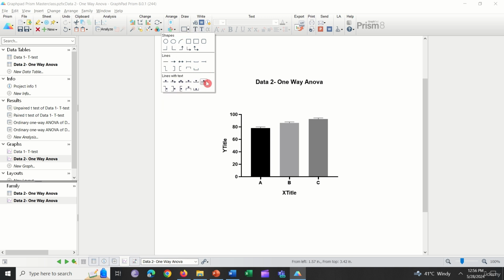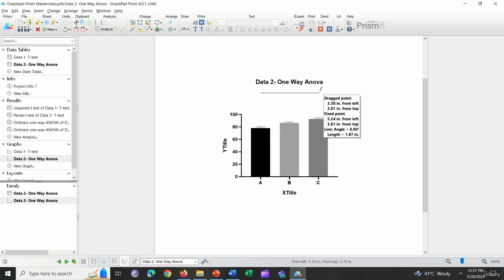In the last, lines with text, you have these bars, as you must have seen in research papers, with stars put on the graphs and bars. Here we can select this common one and draw it on the bar. For example, between A and C there was a 4-star significant difference, so we will draw this line, and here we don't have 4 stars, so 3-star is also a significant difference. We can put it here, and then we can drag and drop on